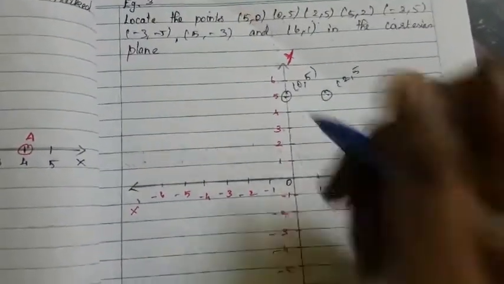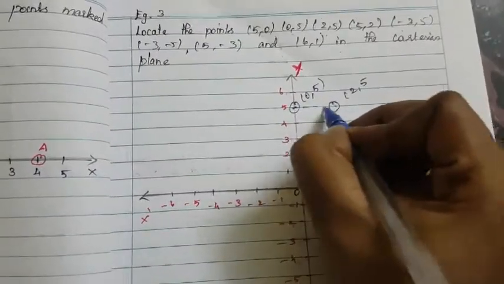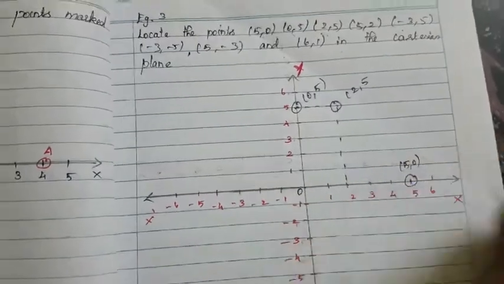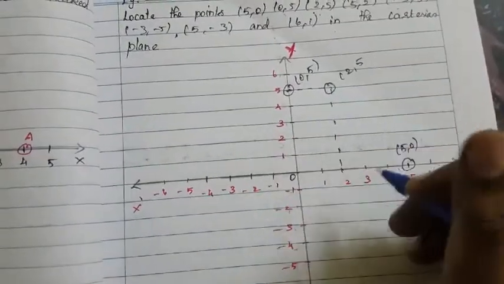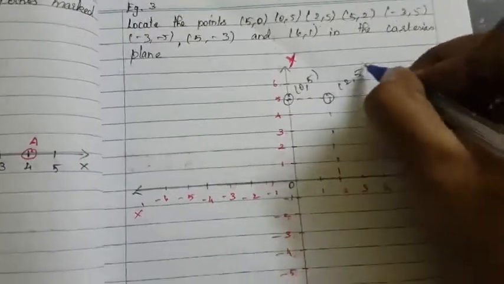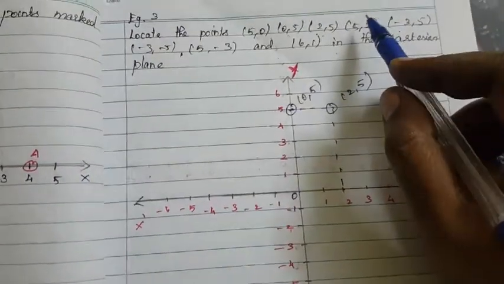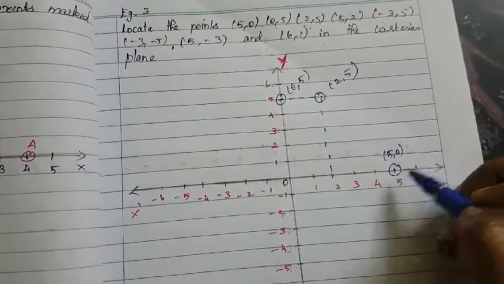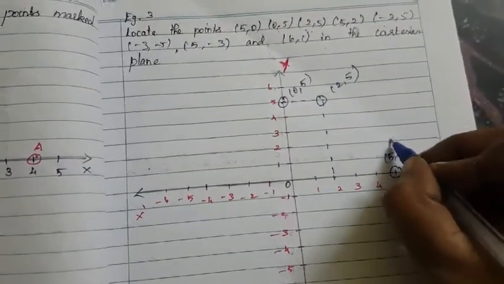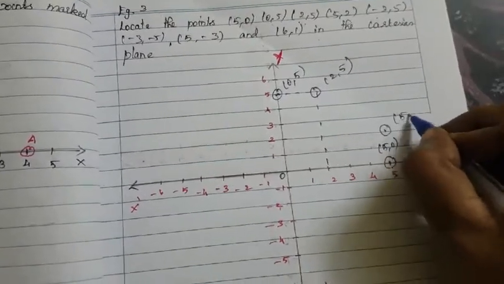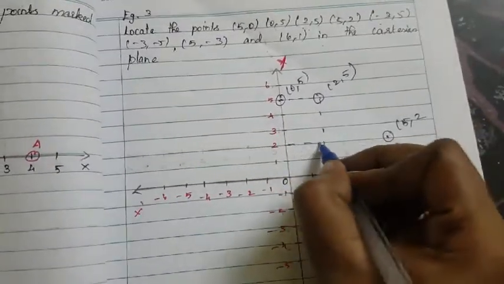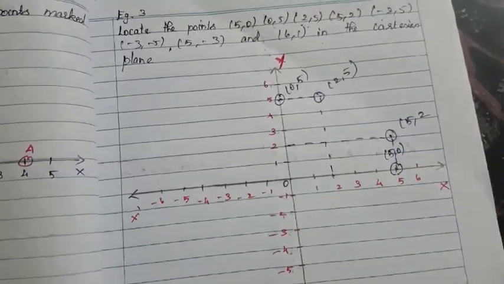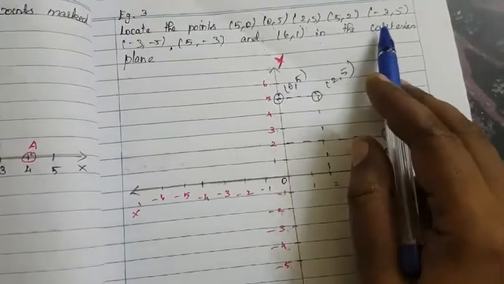Okay. Otherwise you can draw a line like this. This will be very easy for you to understand. It will not be confusing. If you want, you can draw the line also. So this is called (2, 5). And the next point is (5, 2). So (5, 2) means 5 from the x-axis and 2 from the y-axis. So here it will be (5, 2). If you want, you can draw the lines also. Okay, like this.